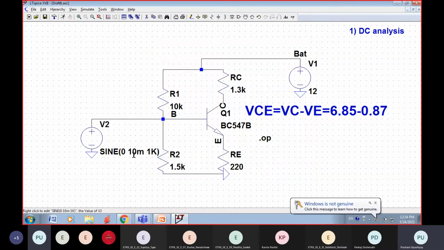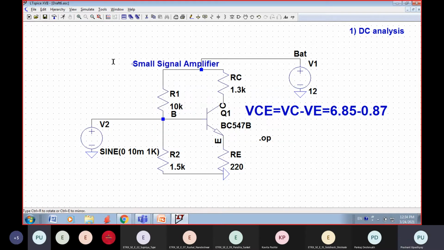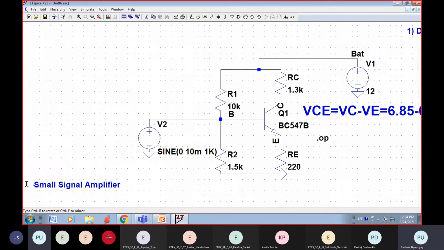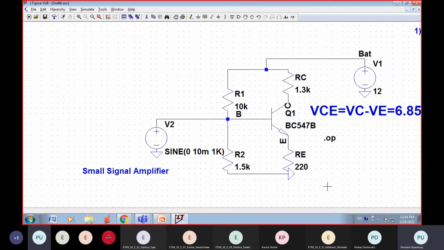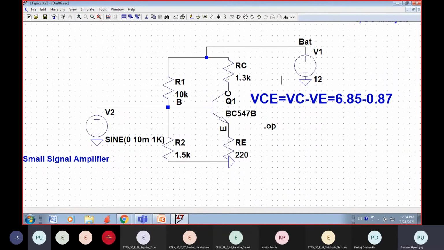So now we are into a small signal amplifier. So let me just type the title of this small signal amplifier. We have already done the circuit. The DC part we have already done, the DC analysis part.